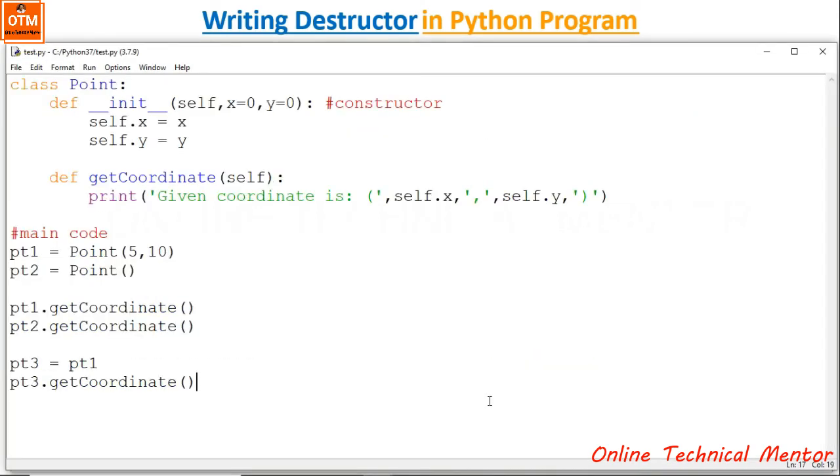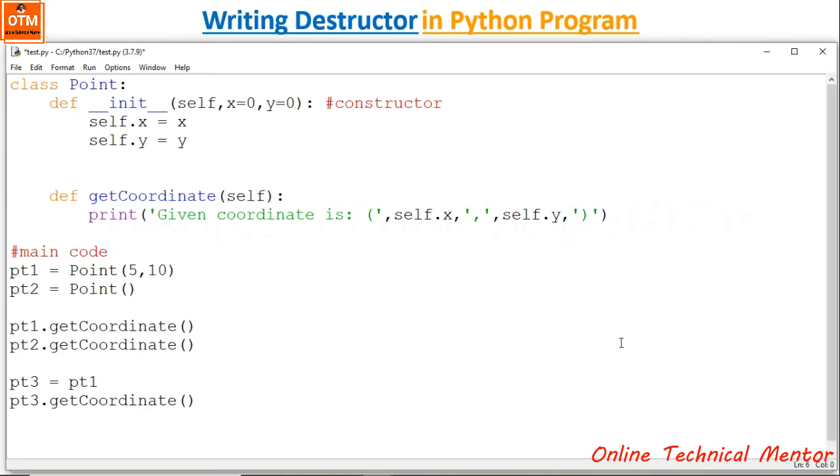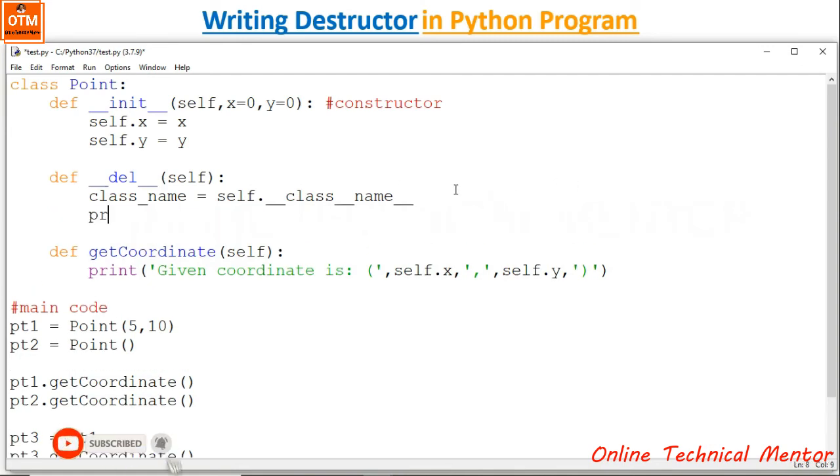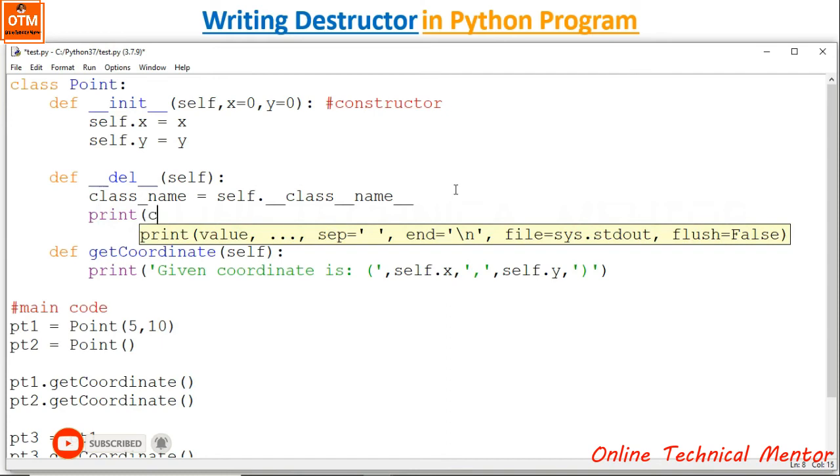Now look, here I will add a destructor. I have to write like this, def __del__(self). That's all. And within this destructor, let me write a class name. This is a variable, and here I am writing self.__class__.__name__. So this is an inbuilt variable name which will display the name of the class for which the object is getting deleted. And in the next line, let's print the class name, then